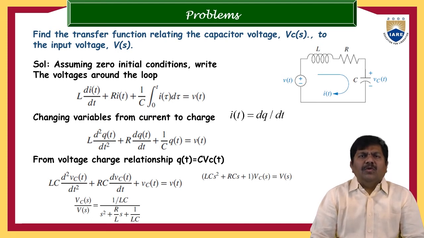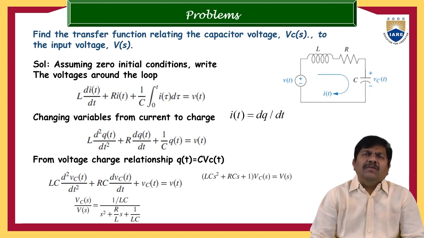Anyhow, we are ignoring the initial conditions, no matter what the limits of the capacitor are for safe operation. Now, for this RLC circuit, we know that the current is the rate of change of charge. So I of t equals dq by dt. Just substitute in that expression. So that becomes L into d by dt of I of t, and I of t is again dq by dt, so d square q of t by dt square.